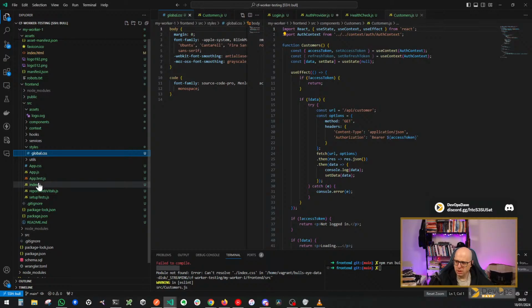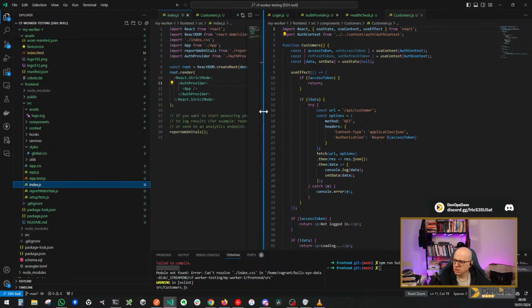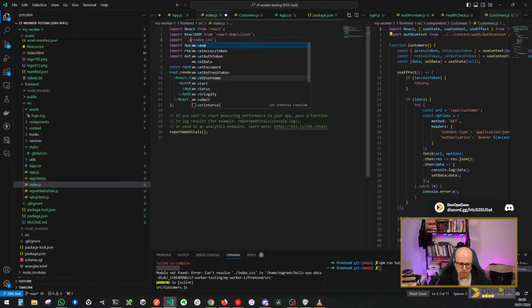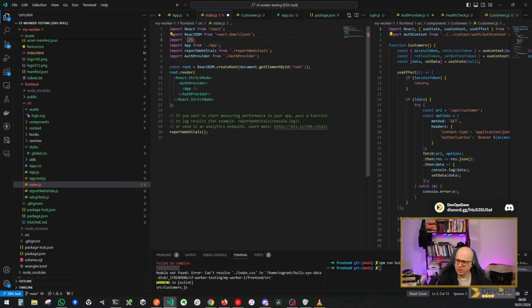Then in index, I think we need to change dot slash styles global CSS. Okay,